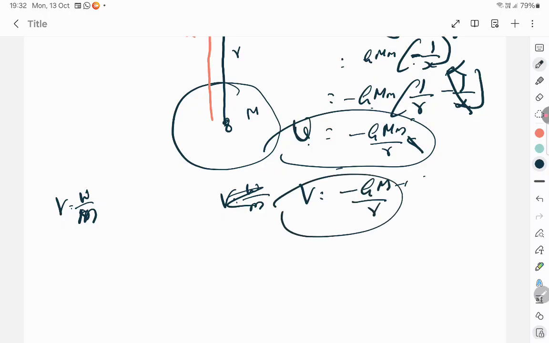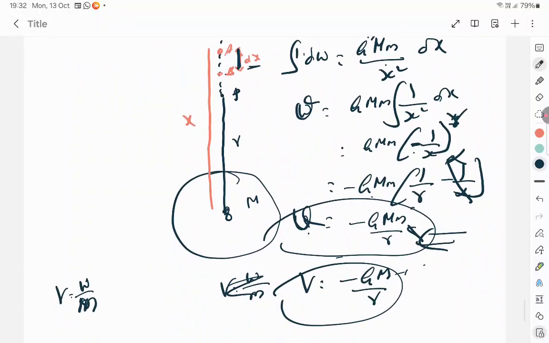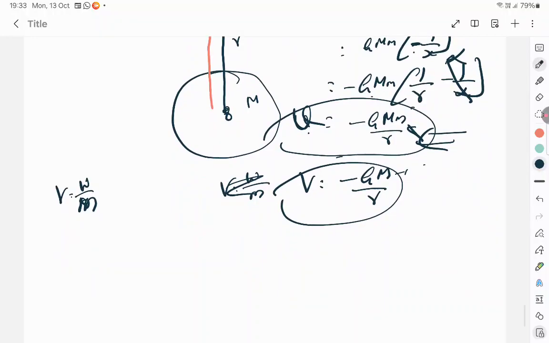So potential energy is something you can derive. That's what I can derive because I know from where I can start: work done is force into displacement. It makes this very, very easy. Once I derive the potential energy, I am simply able to write the formula for the potential using that and justifying. I am not doing another derivation for potential. This way I am doing. You can check what is in your notes given by your school teacher. If you have any doubts, you can come back and ask. But make sure that you are conceptually clear.